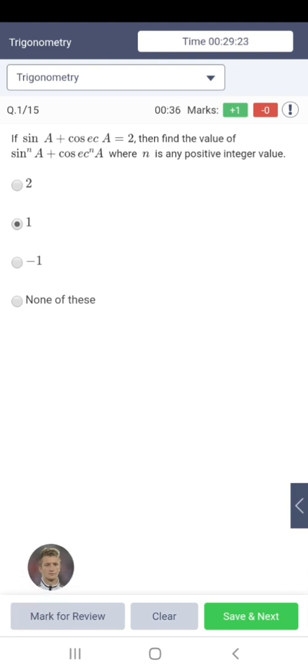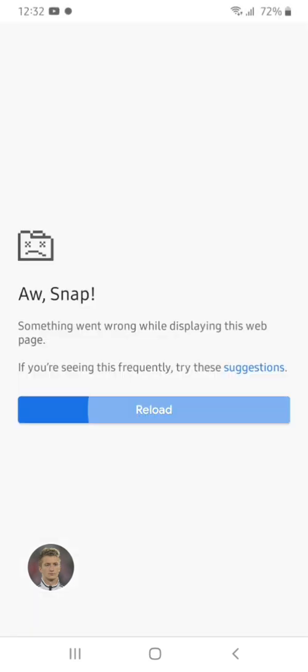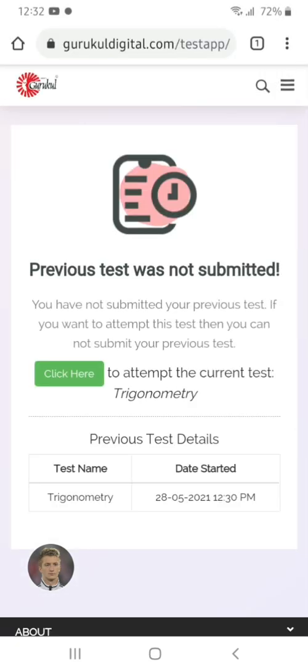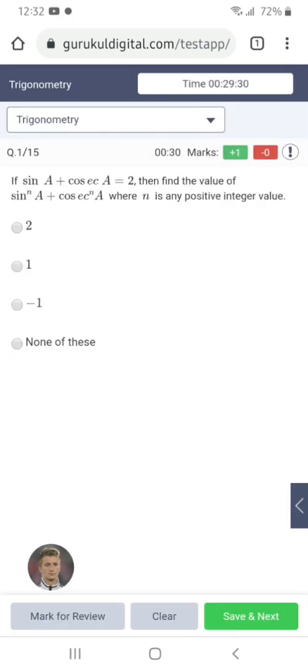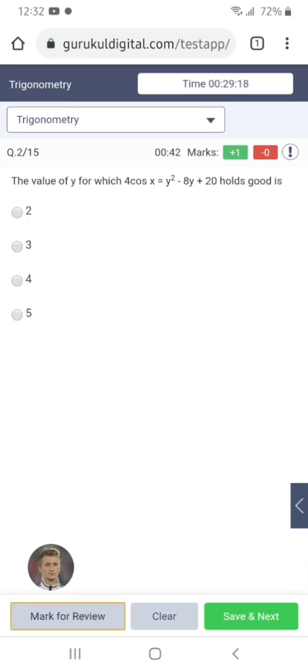Now here, as you can see below the screen, there are three buttons: mark for review, clear, and save and next. Mark for review means the question you don't know, and you want to solve the next problem first, then you mark it for review.